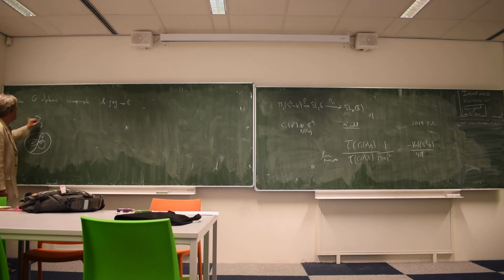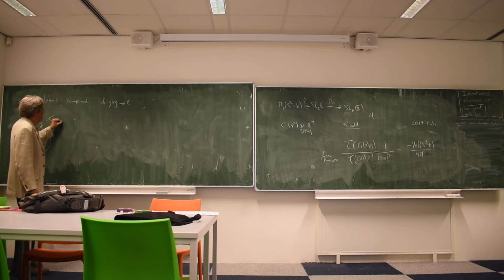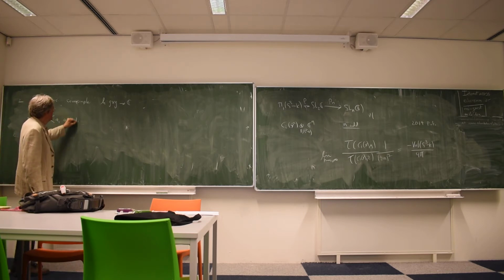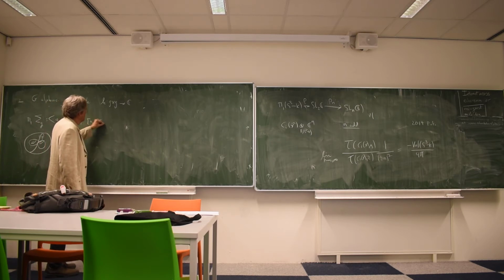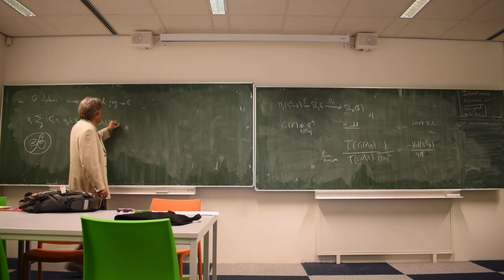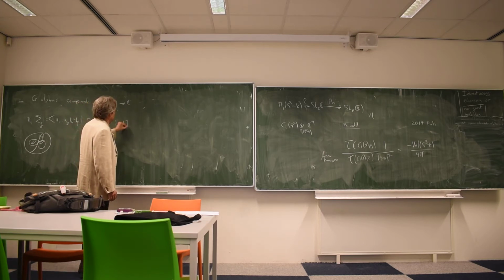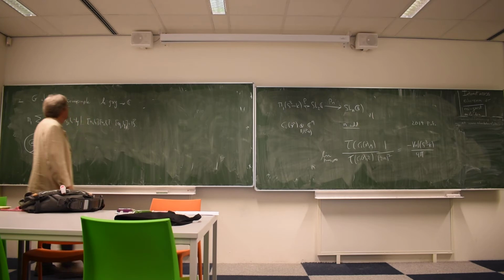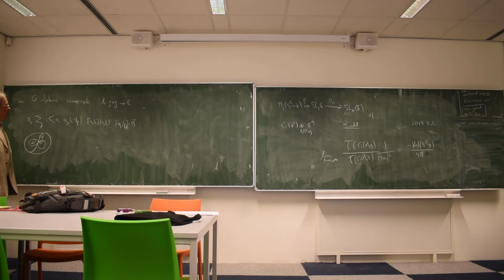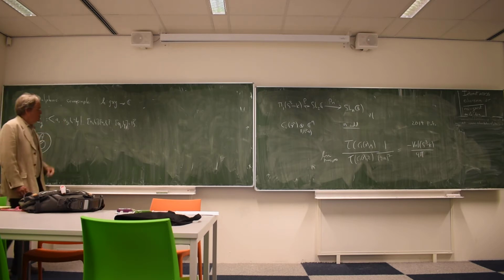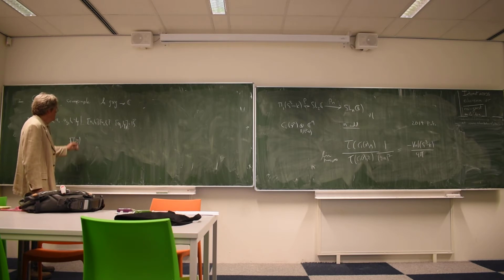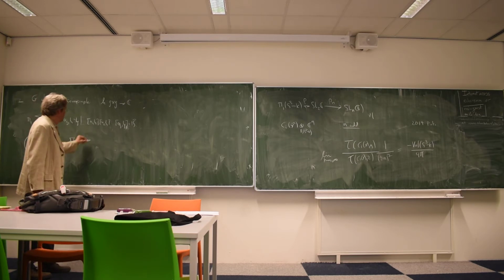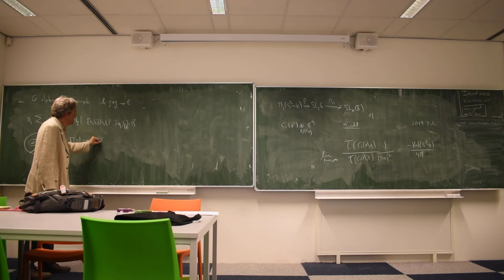And so the fundamental group of the surface of genus G has generators A1 to AG, B1 to BG, and then a relator, which is A1 B1 times A2 B2 up to AG BG equals 1. And now what we want to do is understand the representations of the surface into G. Actually, if we take the free group on 2G generators, then there's a homomorphism down to the fundamental group of the surface.